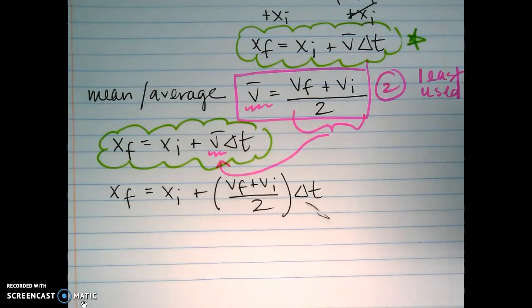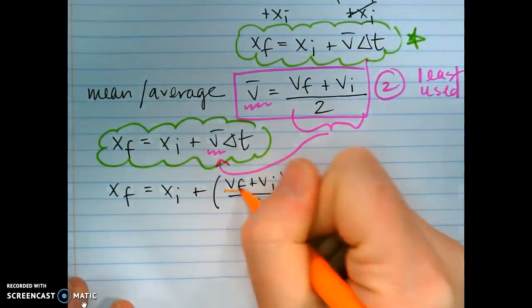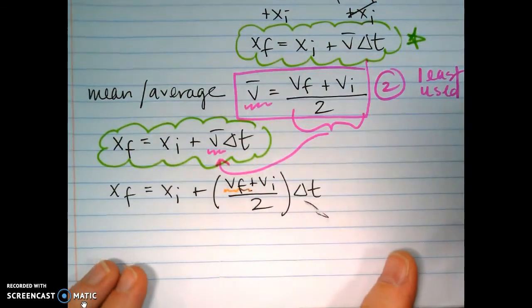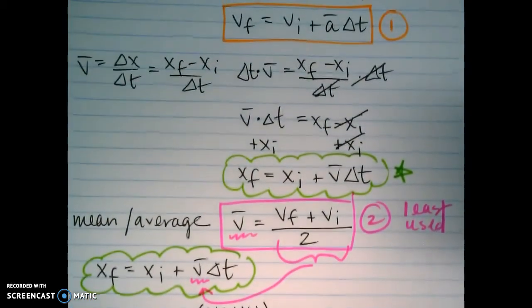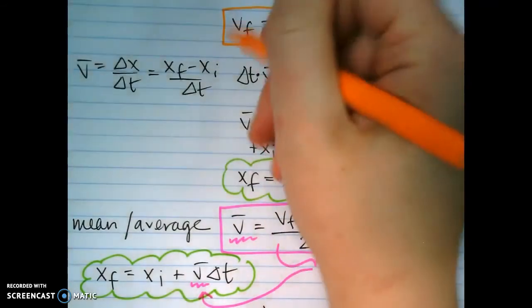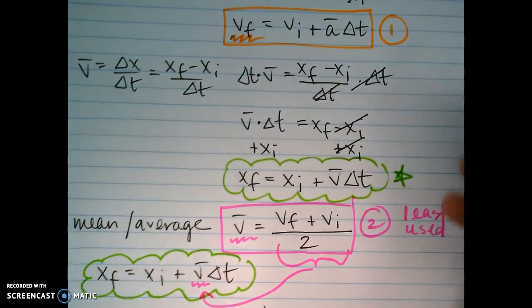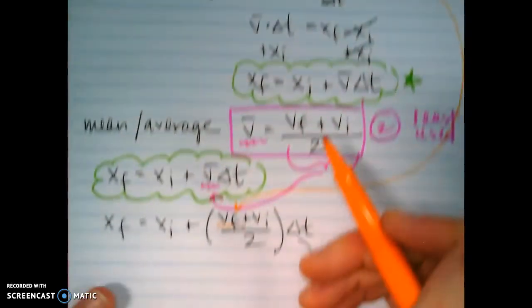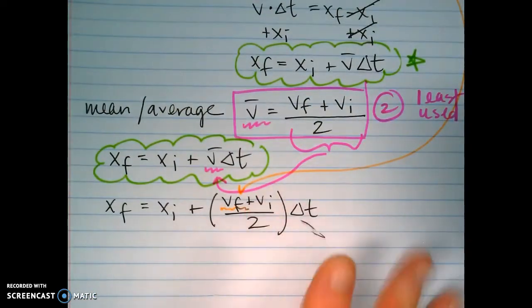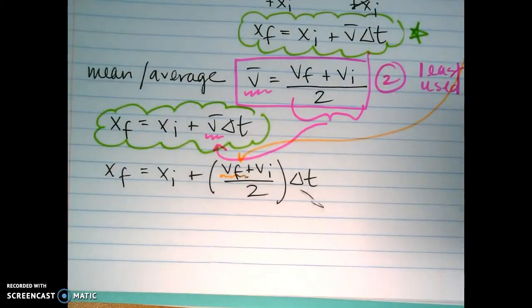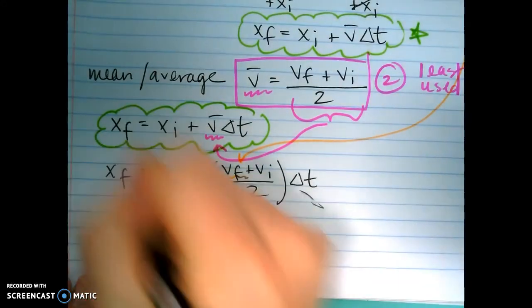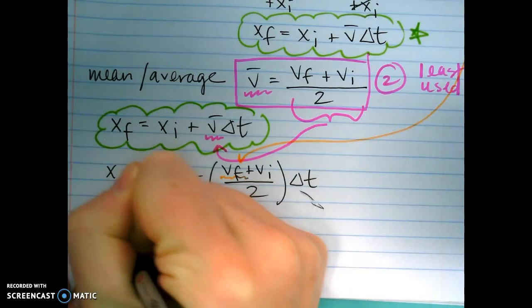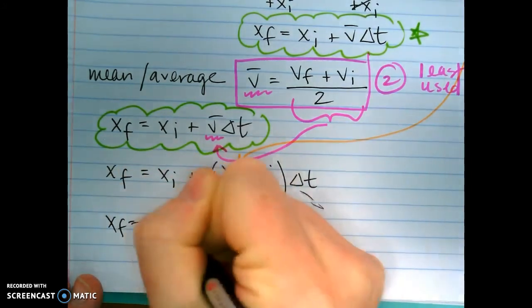The next thing I'm going to do: I have a final velocity right here, and I have one way up here. I'm going to take this final velocity and substitute it in right here. Makes it messier, but this is like cleaning your room. There's a point at which it gets worse before it gets better. This looks like final position equals initial position plus,